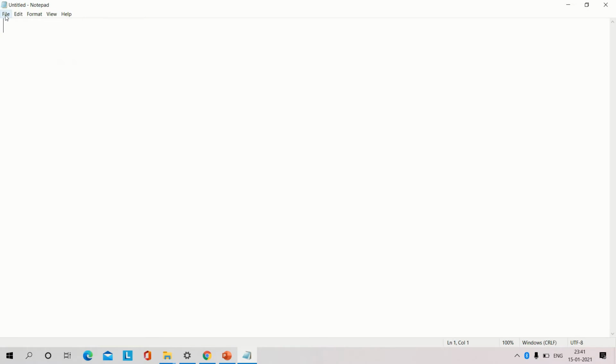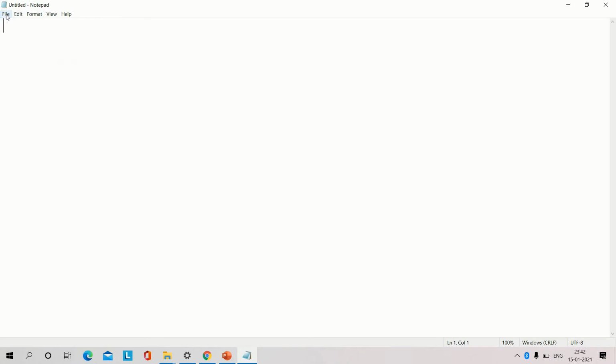After opening Notepad, we can see the window of Notepad. First bar is called the title bar, the topmost bar. Here you can see Untitled Notepad. This is the title bar. When we give a name to that file, it will become the file name.